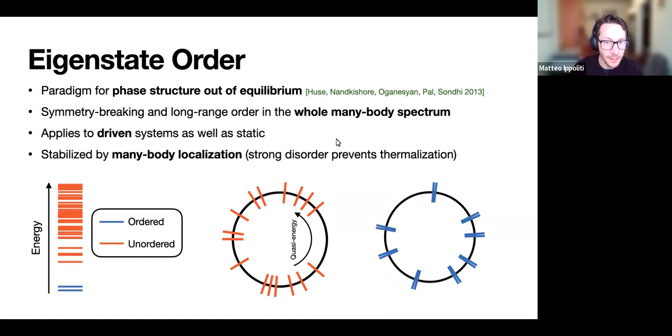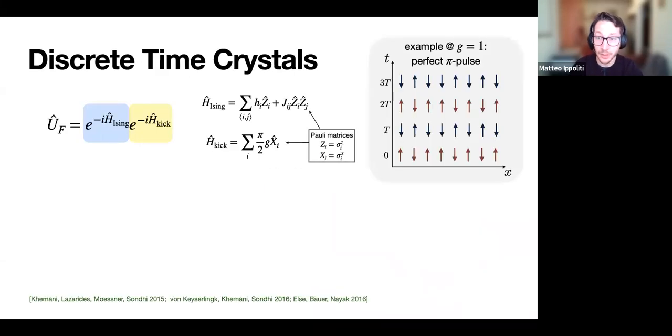Okay. So to make this a little bit more concrete, let me jump into the standard model of time crystals, which is a so-called kicked Ising model. So it's a periodically driven system that you can picture as a classical Ising model with longitudinal fields and ZZ interactions between neighboring qubits. And we're going to think of one-dimensional systems for simplicity. And this evolution is periodically interrupted by a pulse that comes in the x direction, that's parameterized by this coupling strength G. So to take a particularly simple example, let's set this G to be equal to 1.